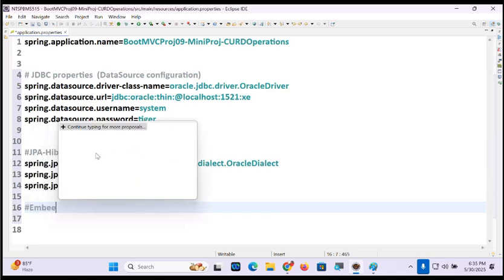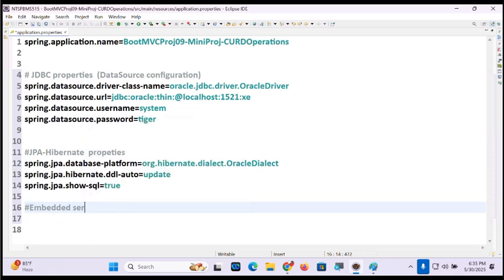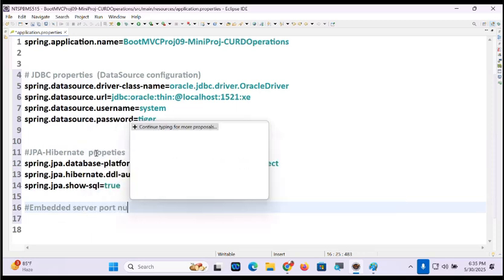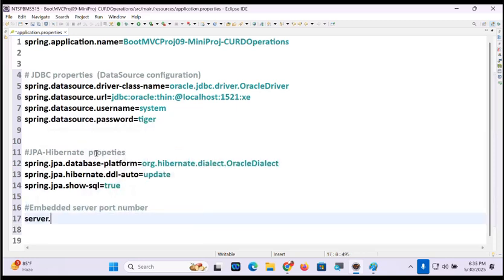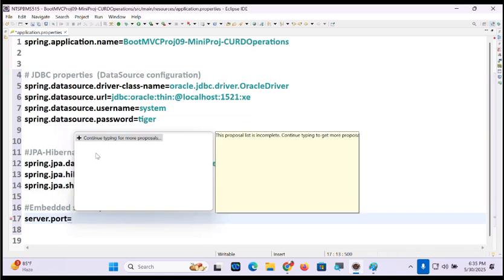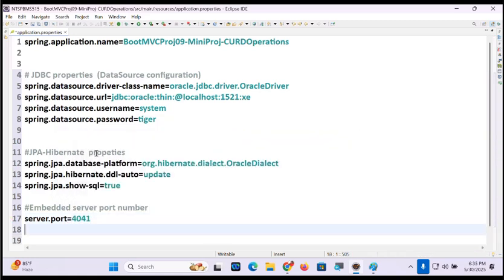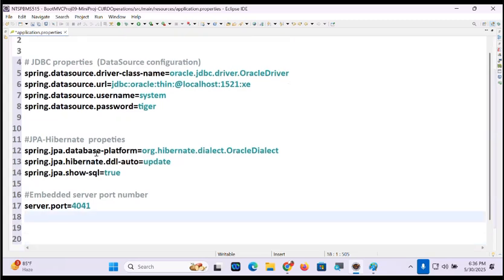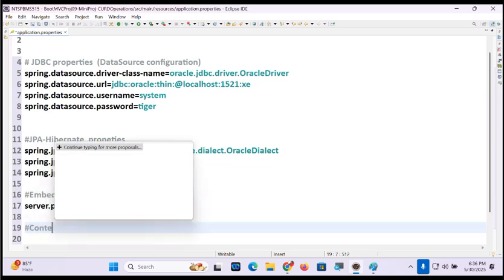Next one. Embedded server port number. If at all I use an embedded server port number, that is not fixed, guys. Next, context path.